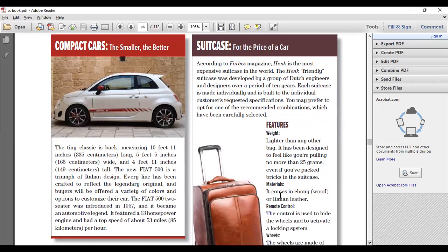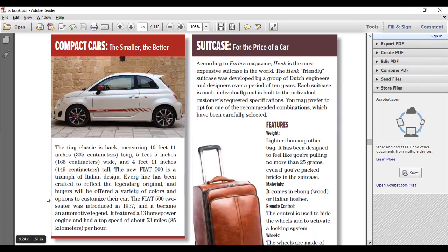Compact cars. The smaller, the better. The Tiny Classic is back, measuring 10 feet 11 inches, 335 centimeters long, 5 feet 5 inches, 165 centimeters wide, and 4 feet 11 inches, 149 centimeters tall. The new Fiat 500 is a triumph of Italian design.